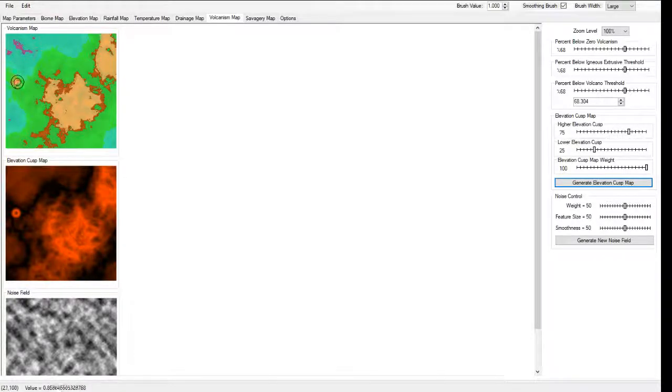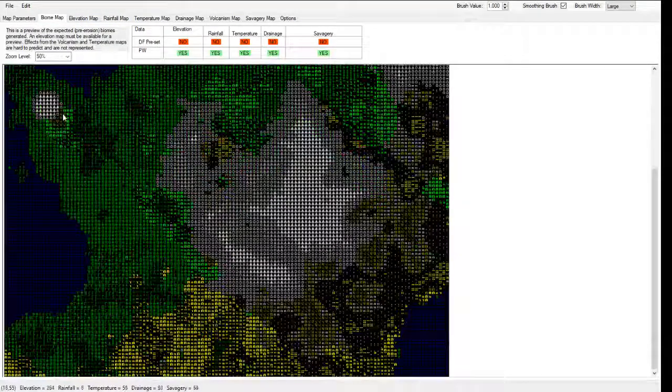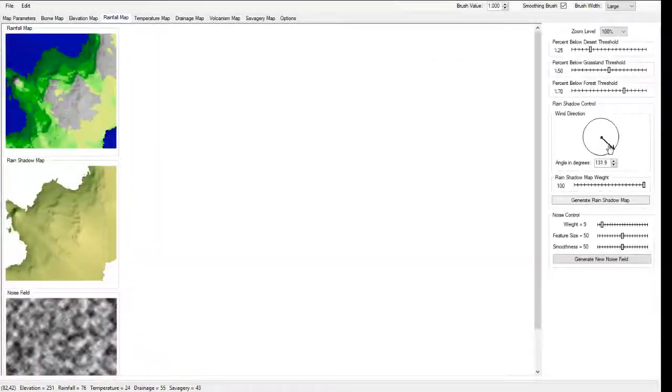This area has a good chance of having a volcano and caves. And if we come back to the biome map, you can see we've got badlands and then probably some normal forest, and I'm going to guess swamp here, as it's all altered down into here. And if you move around this wind direction, like let's say the wind is coming up out of this little pocket here instead, and we generate that,